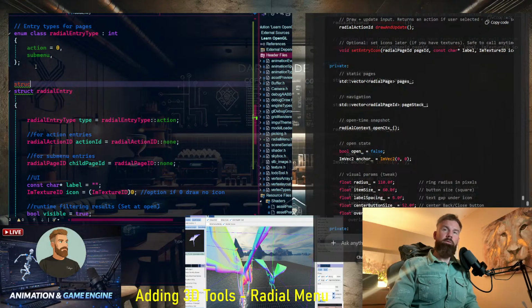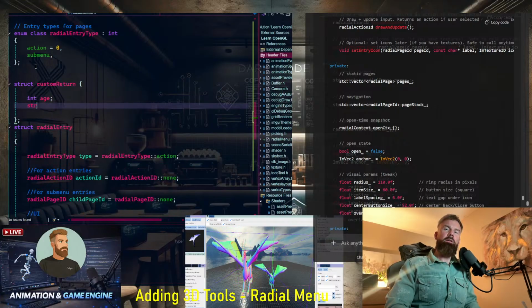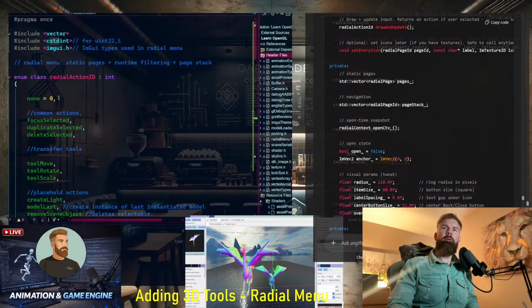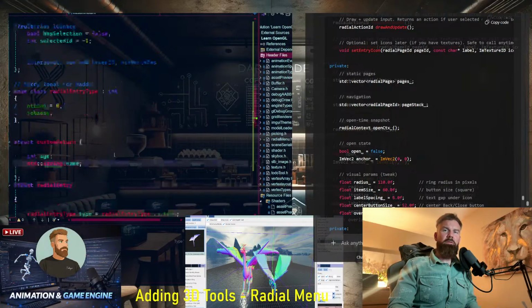So you'd have struct, custom return, and then maybe you want to return age, and you want it to return someone's name, a string. I don't have strings included in my file, but